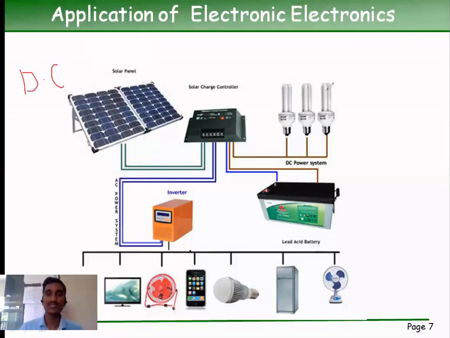And here we look at our loads. It may be a tube light or some light. The second load is the battery. So these are our daily used loads. These are some home applications and appliances. It may be a fan, refrigerator, mobile, TV, like that. Each device has different requirements. This device requires AC. So all these devices require AC. And this device requires DC.